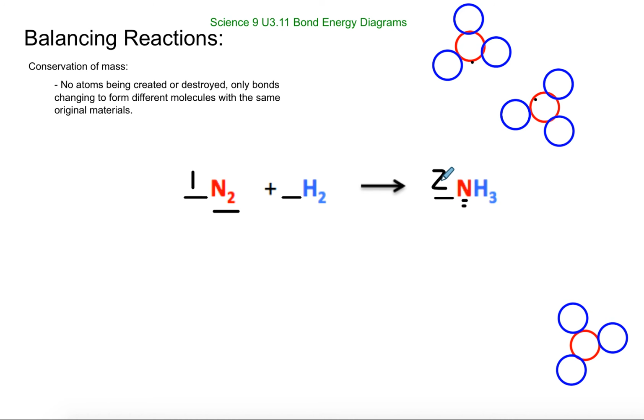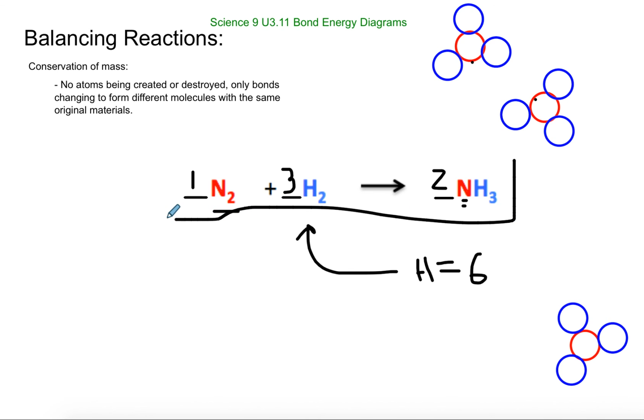So that means I really have to have 2 sets of H3, so that really means I have to have 6 hydrogens, right? So in total I want 6 hydrogens as necessitated by the nitrogen, and so therefore I'm going to get that from here. They only come in packs of 2, so I'm going to need 3 of those, right? And that's sort of how you balance it, yeah? And that's the basics of balancing. Let's try it